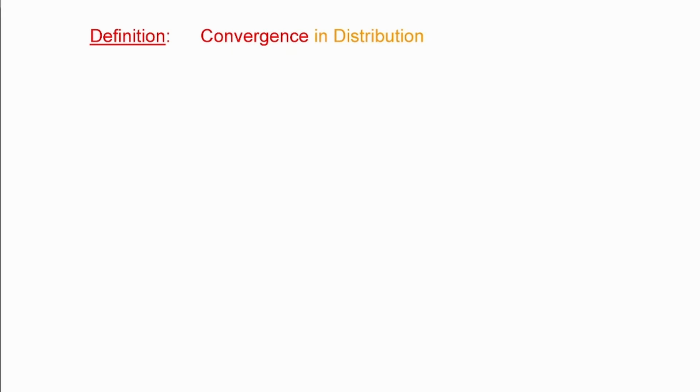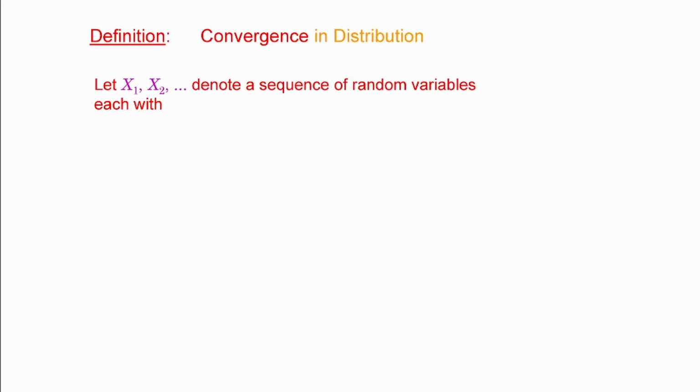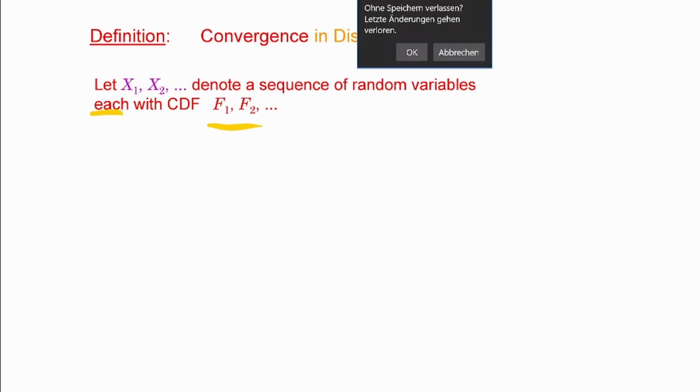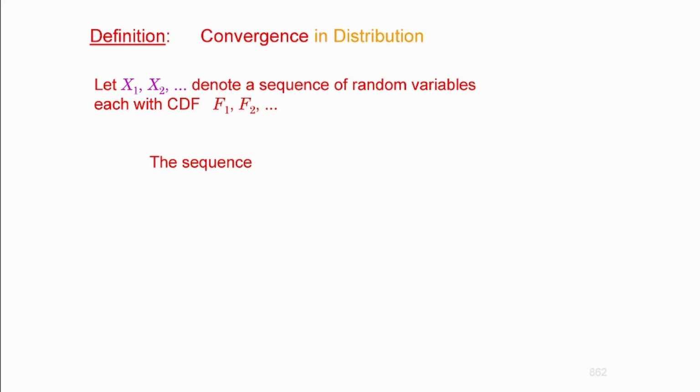Now, if you have a sequence of random variables, which is not necessarily finite, by the way, and that is also true when it comes to random variables. So let's say you have a sequence, and each has a cumulative distribution function. Capital F1 relates to the cumulative distribution function of the first. Capital F2 relates to the cumulative distribution function of the second, and so on. So each has a cumulative distribution function, and they're all different in general because the random variables can be different.